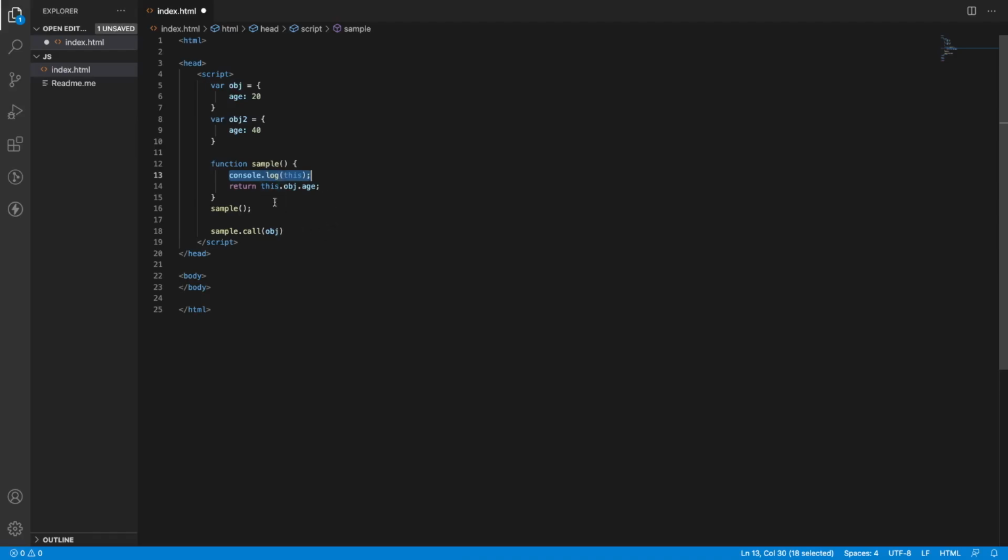In that case, we can remove this obj, just access age, which is inside the obj, save it. And as I am using the call method, no need to call that function externally. By using this syntax itself, JavaScript understands that we are calling the method.